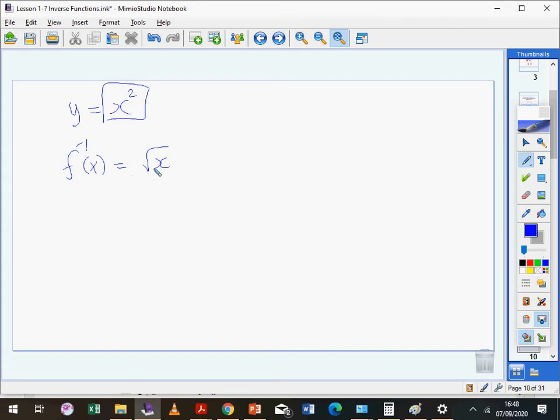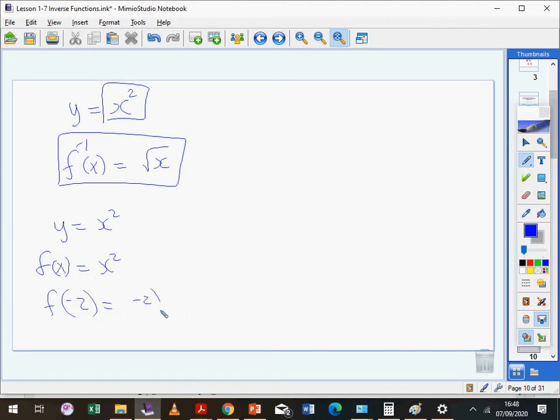But remember, a function is supposed to take an input. If this is f of x equals x squared, and we have agreed that its inverse is the square root of x, if I put an input of -2 in this function, it should give me -2 squared,